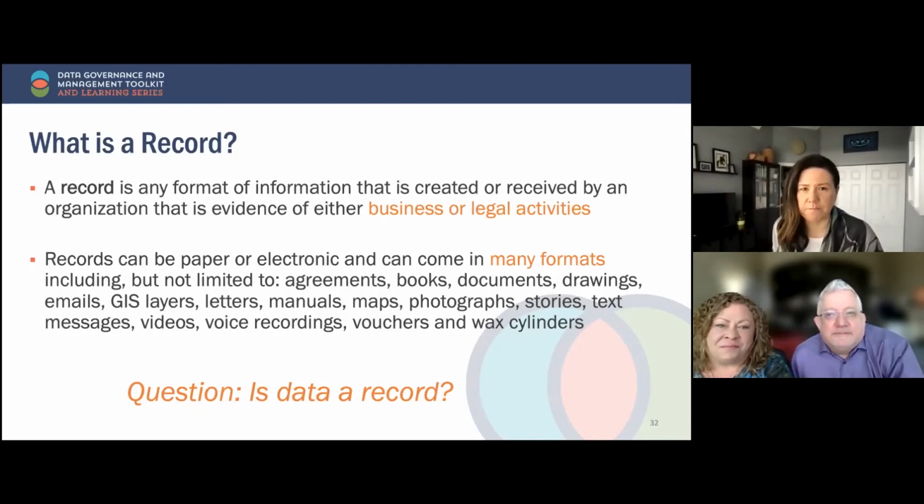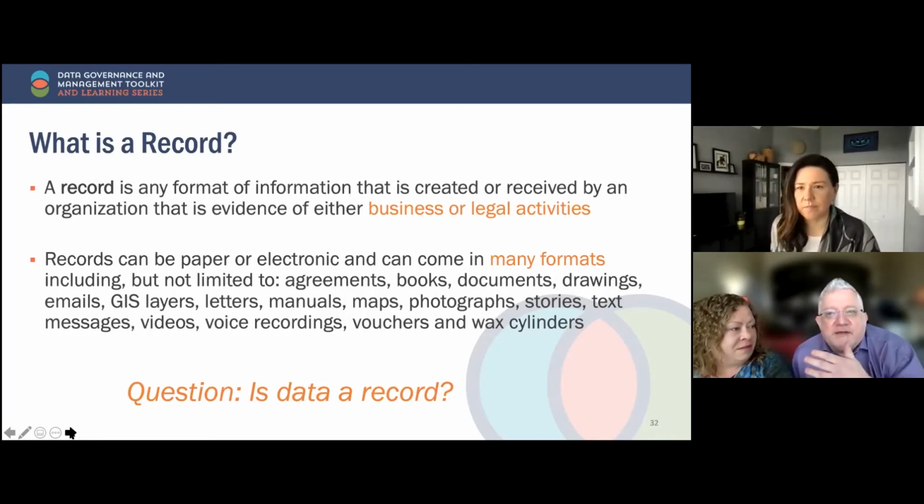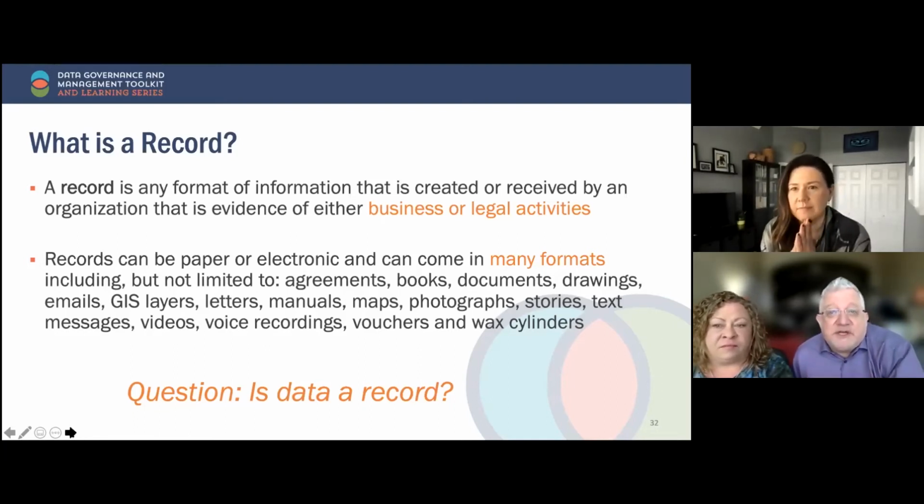That was kind of what I was thinking. Yes, I believe it is. When I think of data, I think about a collection of records. And then someone else says no, as data changes frequently, which is also a good point. That's a great representation of our experience with the answer to that question, because from a records perspective, a record is something you need for regular business. So you could have data that's not needed for a legal requirement, for audit, or would not be required for your business. Or the data could be, depending on, again, what is the context of that particular information. And that is where discernment is coming in.